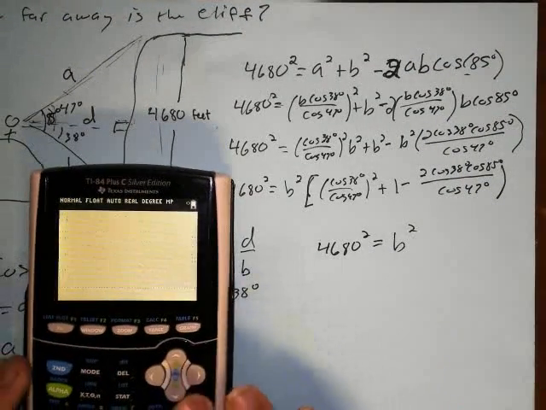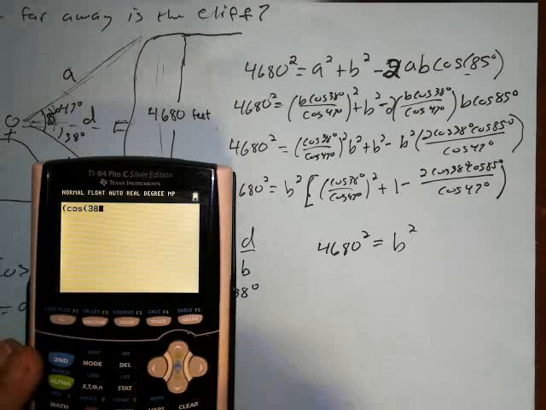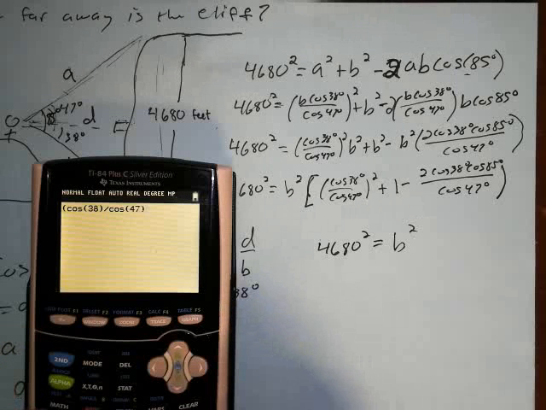So there's a lot there. So cosine 38 divided by cosine 47, and that whole thing is squared, and then I'm going to add 1,